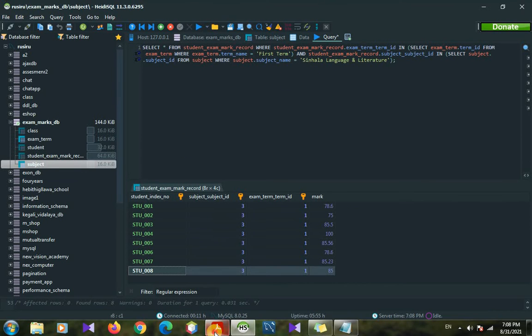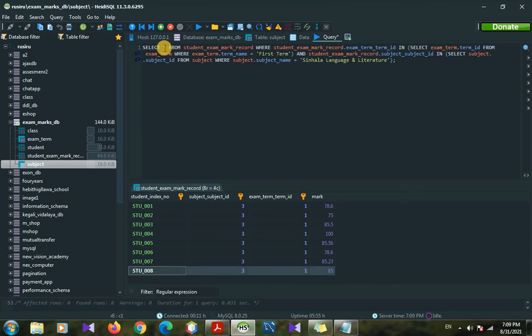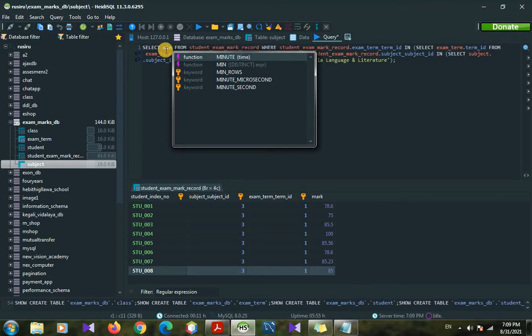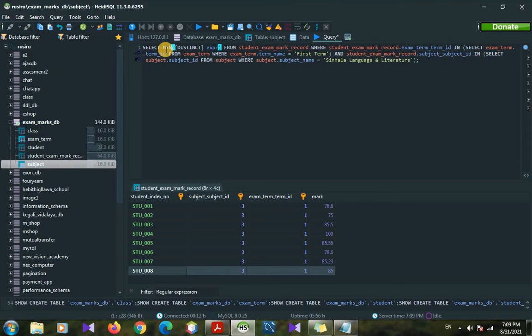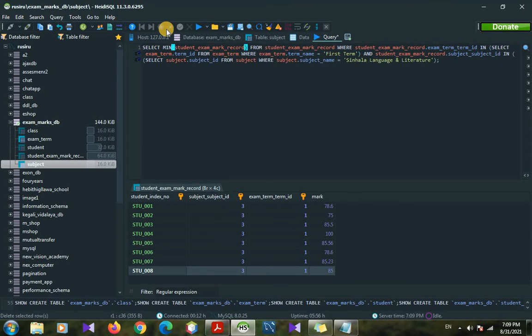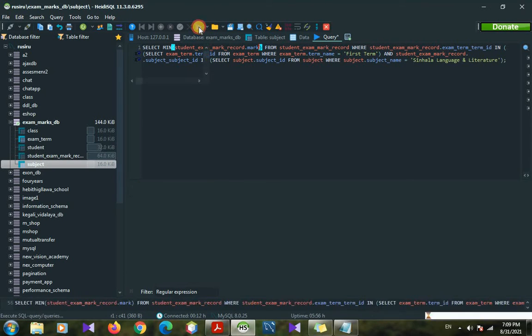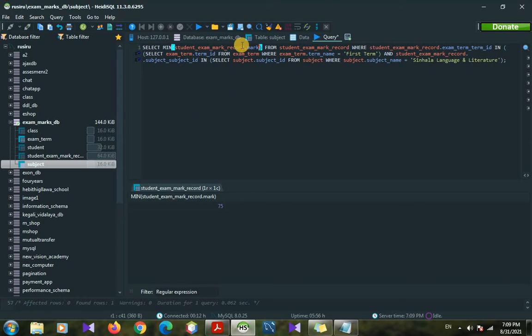It's asking here for the minimum marks. So we remove this asterisk and use the minimum function. There is a function called min in SQL. Inside these two brackets we write what we should select, so we type student exam mark record dot marks. Now if we run this, the mark comes as 75.